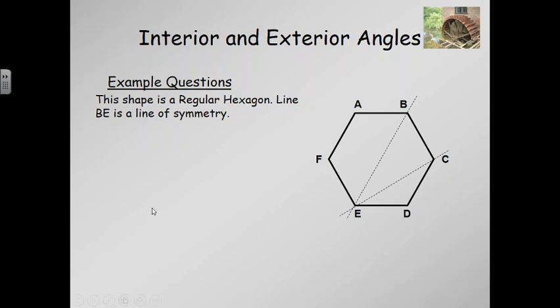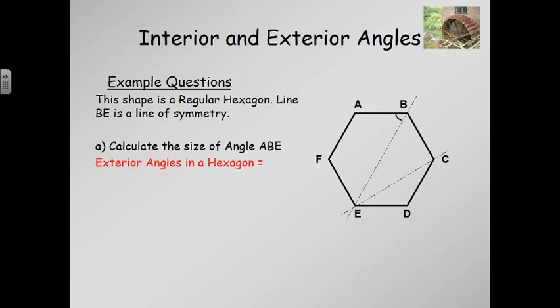So first of all, key information in the question is that we've got a regular hexagon, and BE is a line of symmetry. So B to E is a line straight through the middle of our shape, and this side will be equal therefore to this side because it's a line of symmetry. So first of all, we're asked to calculate the size of angle ABE. So remember, that's joining up A to B to E. So the angle is here,